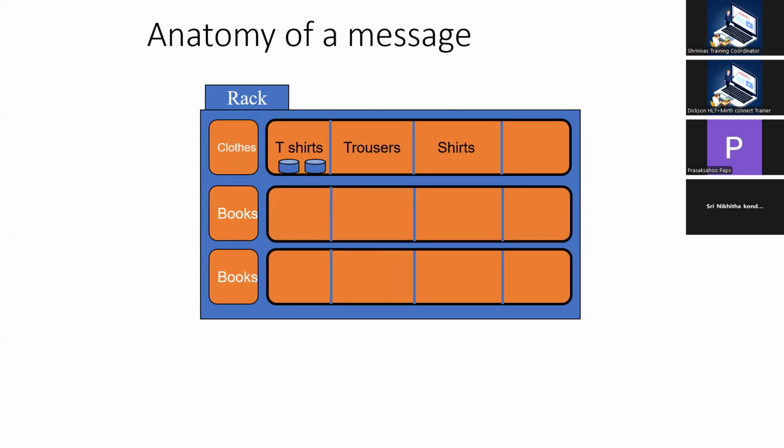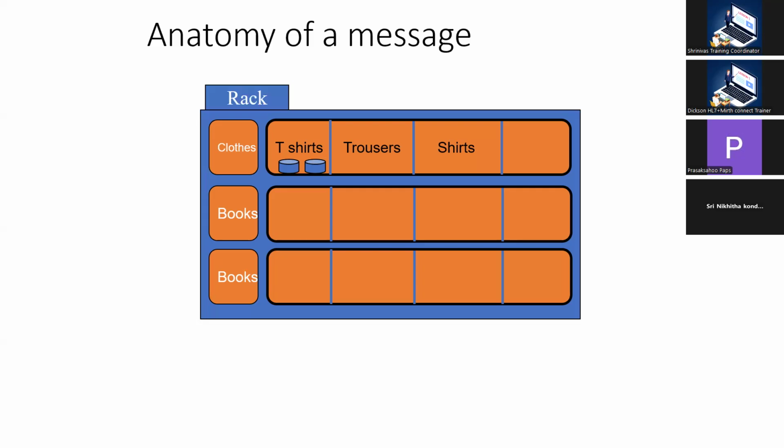First shelf is dedicated for clothes. Second shelf is dedicated for books. Third one is also, let's say, dedicated for some other kinds of books, right? So the first shelf is divided into different compartments, and within that we say that first compartment is dedicated for t-shirts, second is for trousers, and third is for shirts. So this way we have organized our rack, and even if you ask anyone at home, they will be able